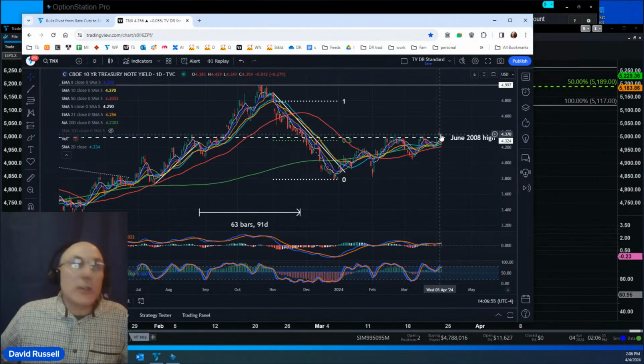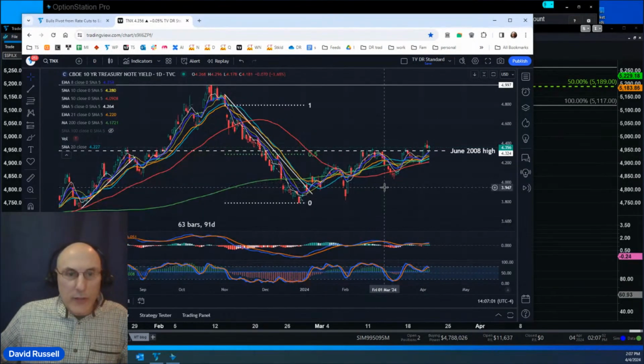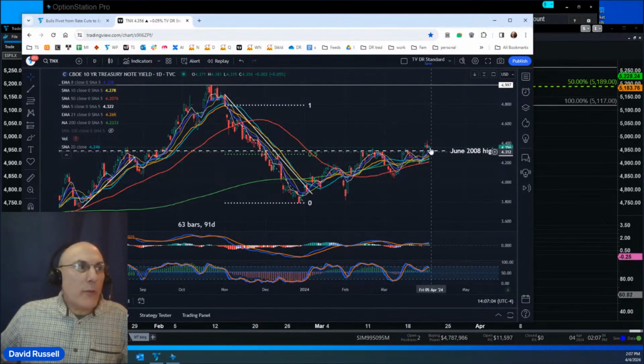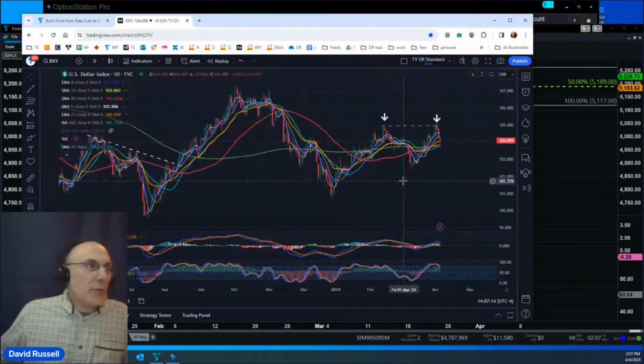It's been interesting to watch the price action today as a sense of that. And with payrolls and everything else coming up, this is to me an important thing. If we manage to get back under this, that will be a signal of the market's expectations for interest rates. And then the other thing that is important is the dollar index,